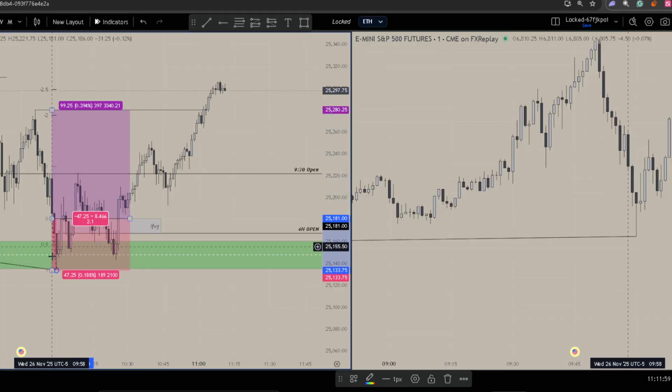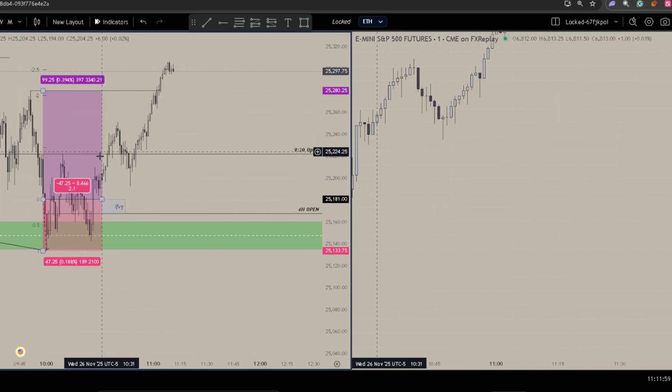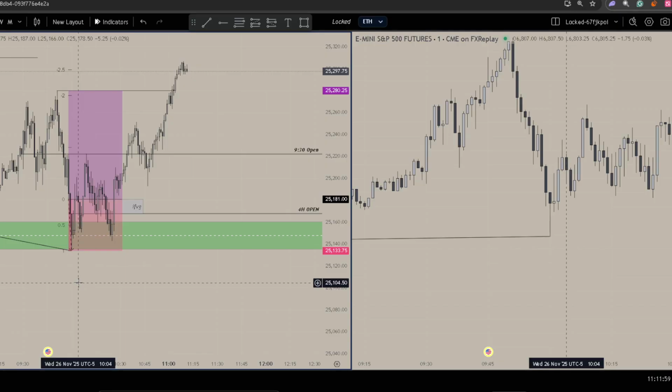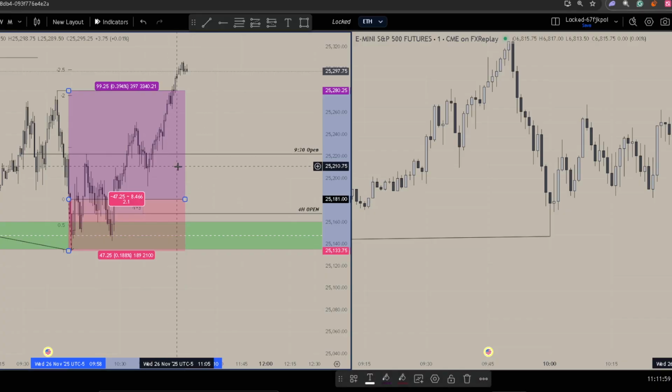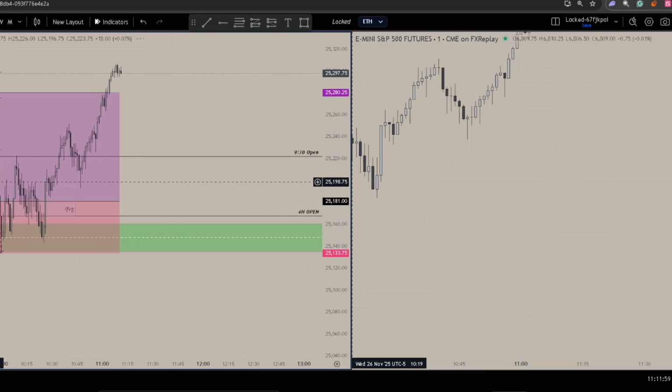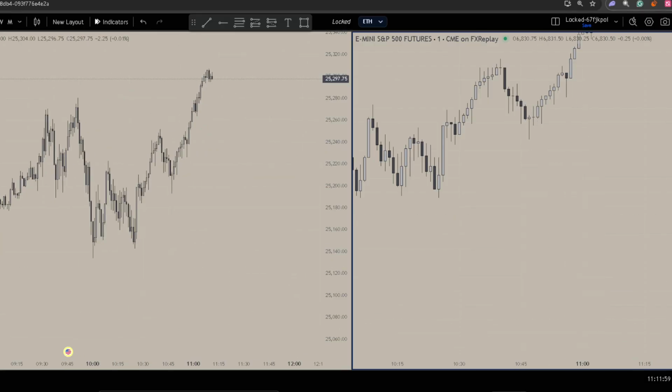Boom. Yep. Perfect 1 to 2. Let me see. So just about an hour long trade. This is beautiful. And then next day,